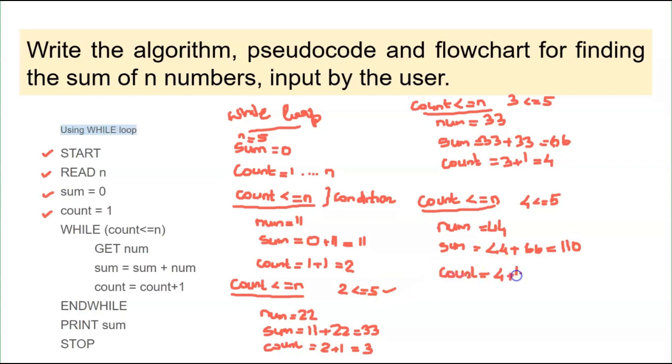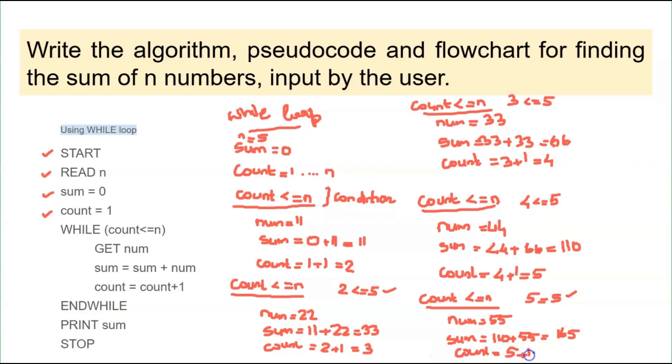Now it is 4 plus 1, it will become 5. It will again check count less than or equal to n. This condition will be checked. Now 5 is equal to 5, so that is satisfied. So it will take the next number equal to 55, and you will find sum. It is 110 plus 55, which is 165, and count will become now 5 plus 1 equal to